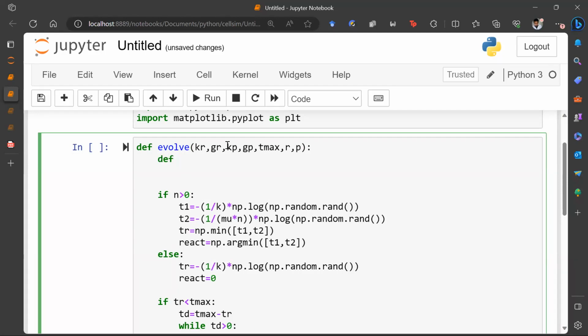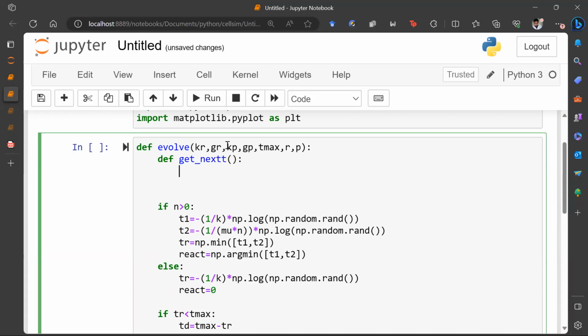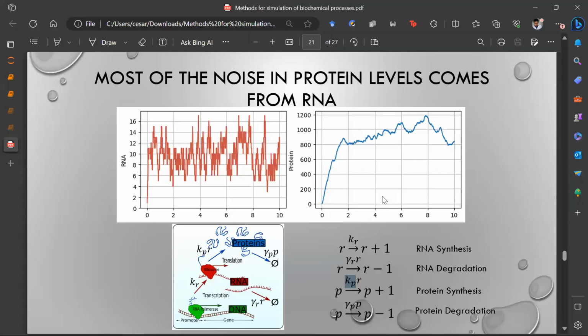So we define a new function called, let's say, get next time to reaction. So here we have an issue. I'm not sure if it's bad or good, but we have here